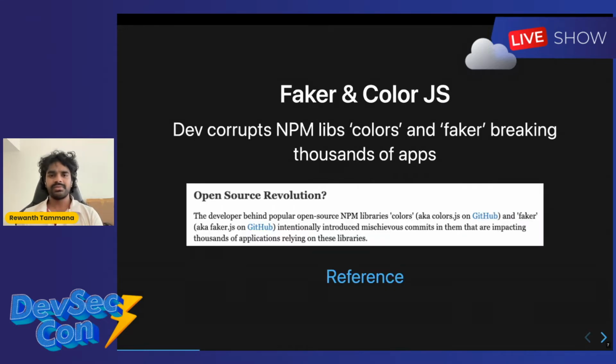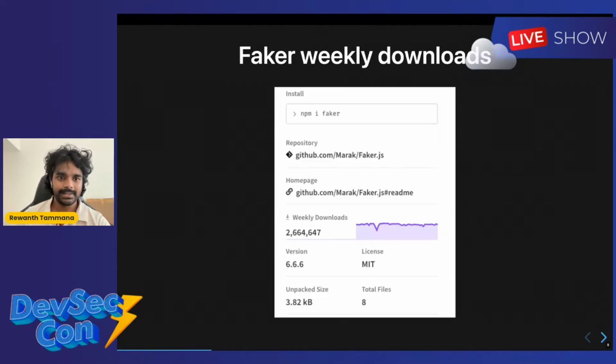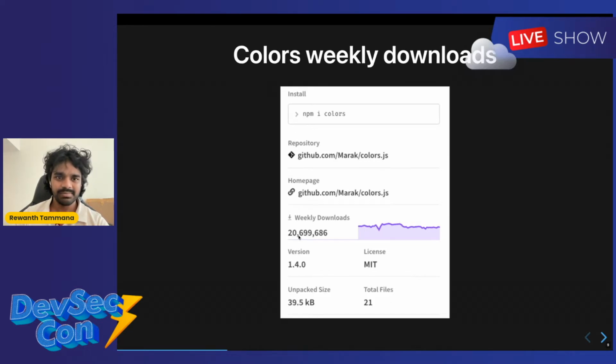One of the famous hacks that happened was on Faker.js and Colors.js, where a developer himself corrupts his package and releases a false update. Faker.js has around 2.6 million weekly downloads, and similarly, Colors.js is another package which has got 20.7 million weekly downloads.